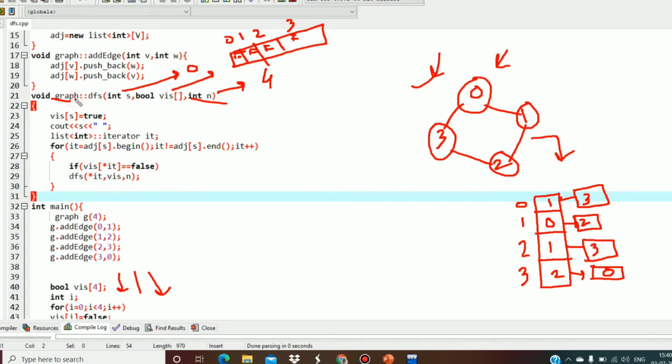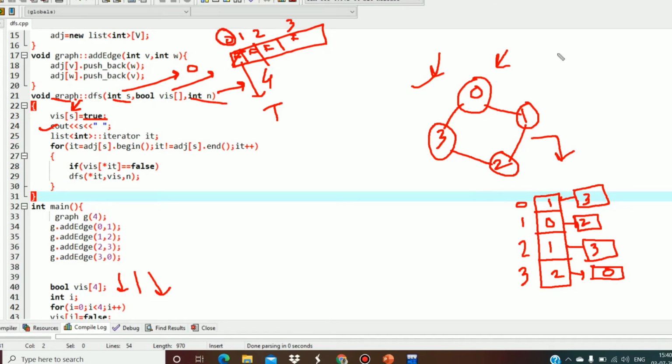So now first of all I'll mark the vertex as visited. Inside the visited array I'll mark int s, which is 0, as true. I'll print this because this is our starting vertex, and it will be a part of our output because we have started from this.